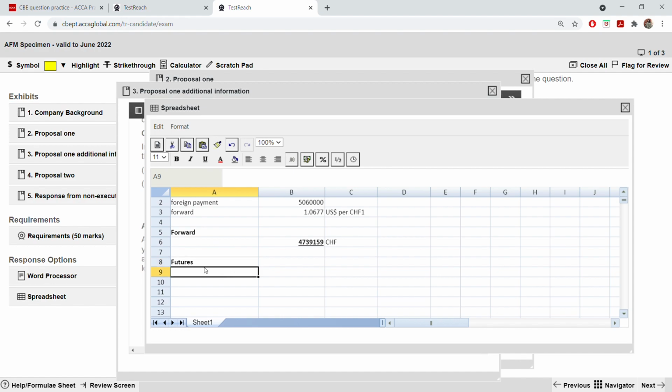Under future, there are so many steps that you need to go through. Future is not easy like forward. Why? Because on the future you have to find the basis rate, the closing rate, profit and loss, number of contracts to be bought and sold, right? If you see here,